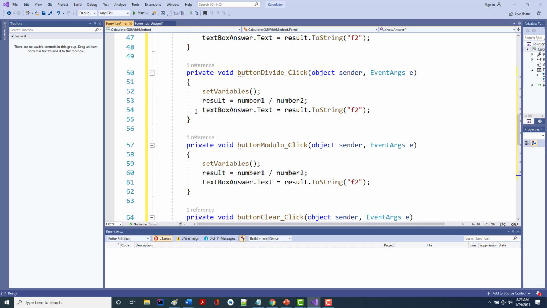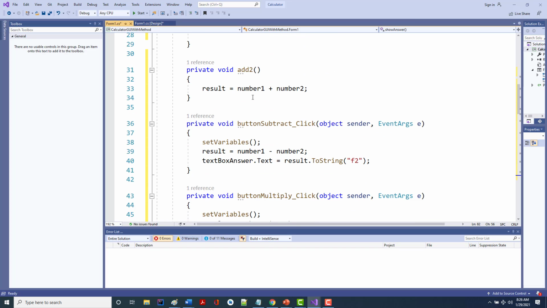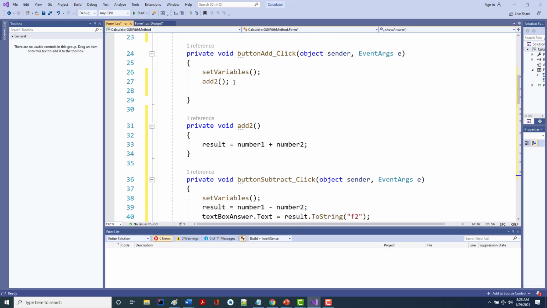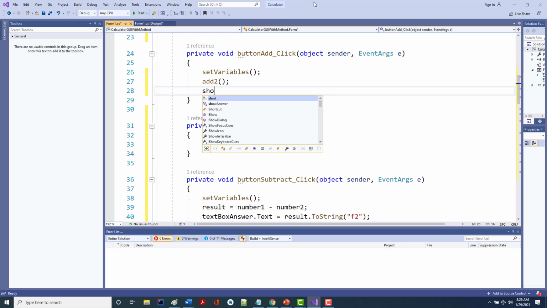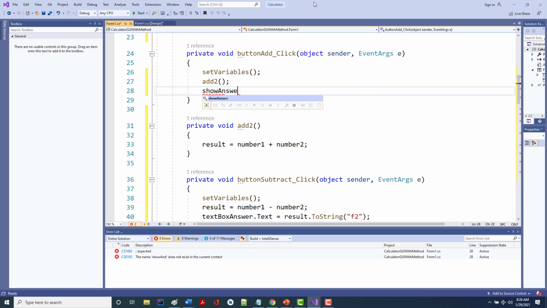And I'm going to put that in there. Now, I come in here and I got my add2, and now I can call show answer. All right. So do you understand what I've done here? I have taken the click routine, and instead of putting my code in there, I am calling other routines that